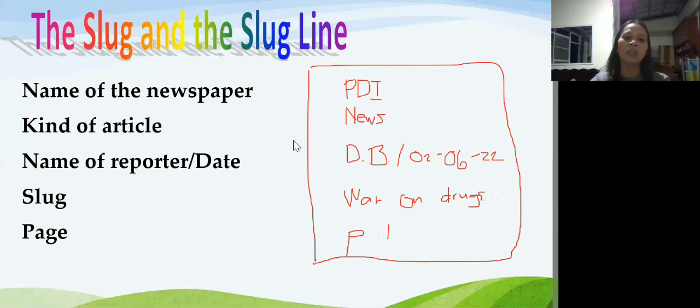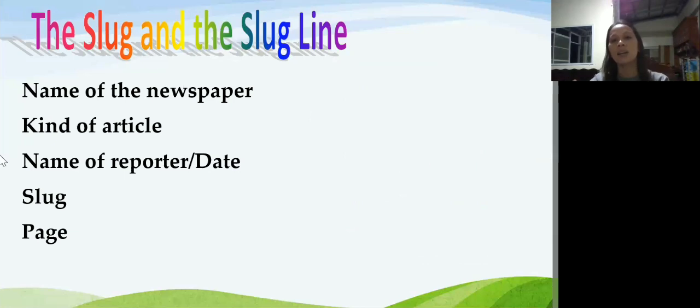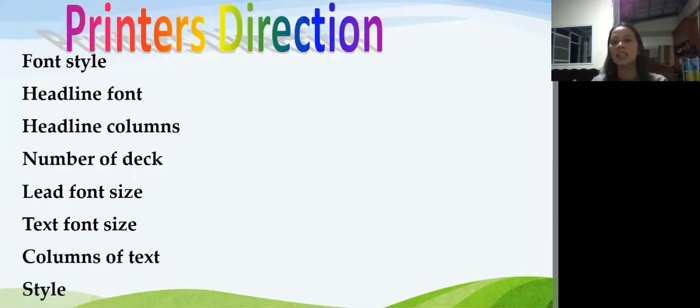Okay, now let's go to the printer's direction. So merong dalawang uri ng paggawa ng printer's direction. Ang ituturo ko ito sa inyo itong isang diretso. And then later yung isesend ko na lang sa GC para kasi hindi ko yun masyadong naihanda kasi nawala yung aking copy. Medyo nakalimutan na rin ng ma'am. Okay, so the printer's direction, ito yung tagubilin mo sa mag-iimprenta ng iyong news article na inedit.